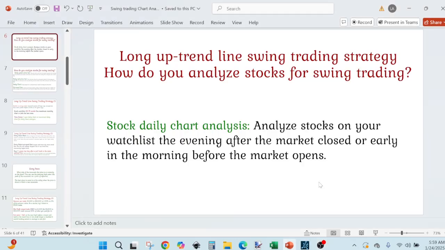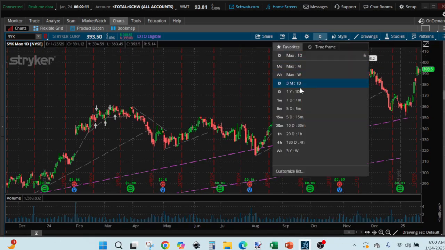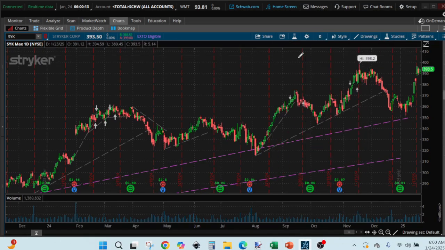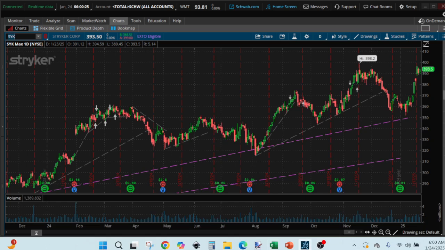Hello, how do you analyze stocks for swing trading if you are using long option and swing trading strategy? You open your daily chart. It could be a maximum daily chart or 1 year daily chart, and you open your stock watch list to analyze the chart at the end of the day after the market close or early in the morning before the markets open. So we have TJX here,